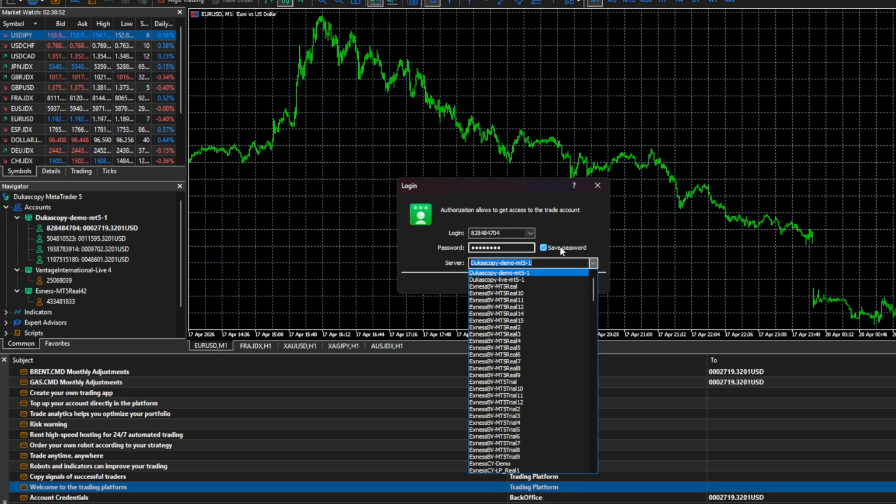Finally, if none of that works, restart MetaTrader 5 completely. Close the platform, make sure it's not still running in the background,